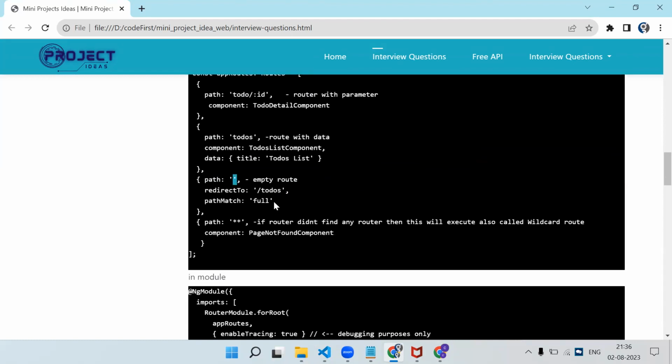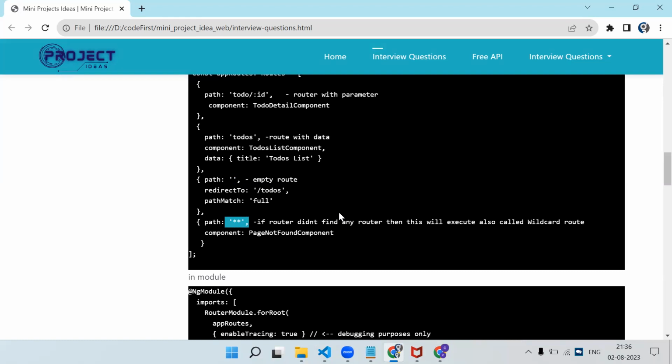Then this is an empty route. If the URL doesn't have anything, to handle that we have to create an empty route with redirectTo. If no route is there in the URL, where you have to redirect, you need to provide the path, and pathMatch full is the attribute you need to have. Then this is a wildcard route. Let's say you tried to enter one route which is not there, right?